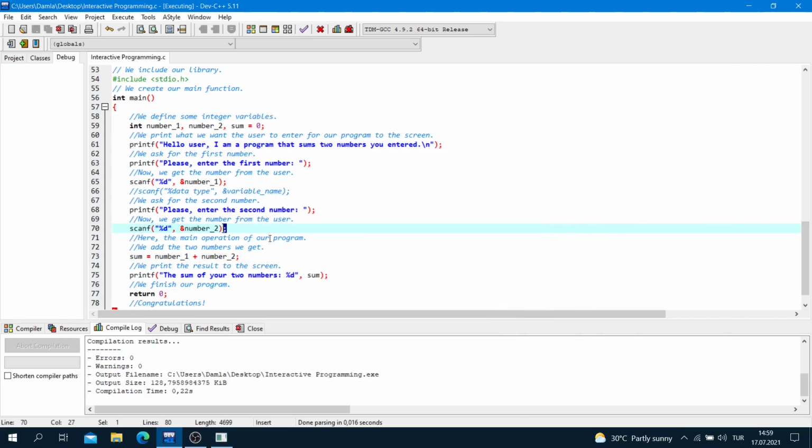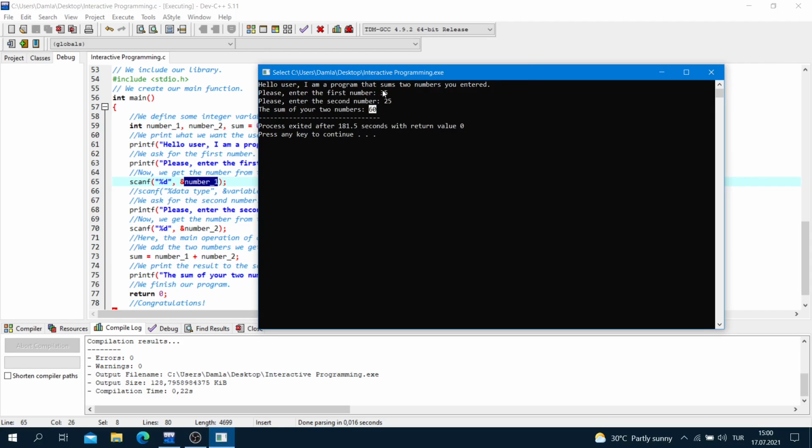Here is the main operation of our program. We add the two numbers: sum is equal to number1 plus number2 and semicolon. Number1 is equal to 35 here and here.